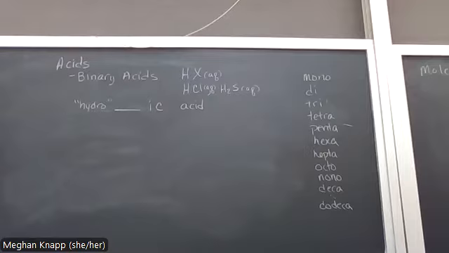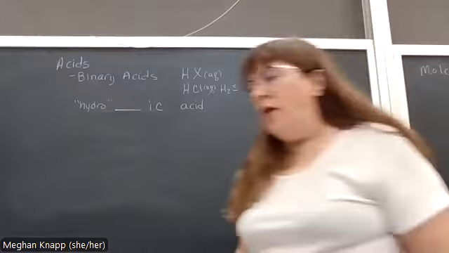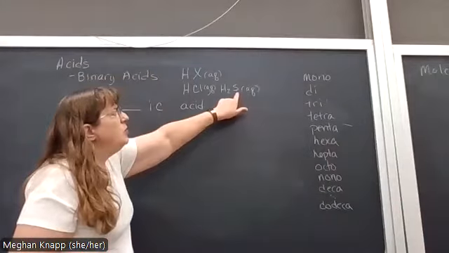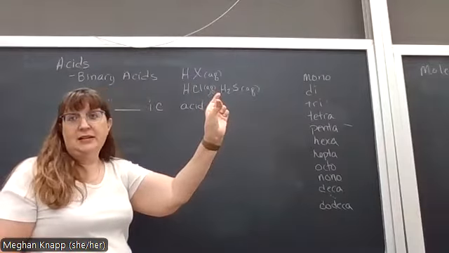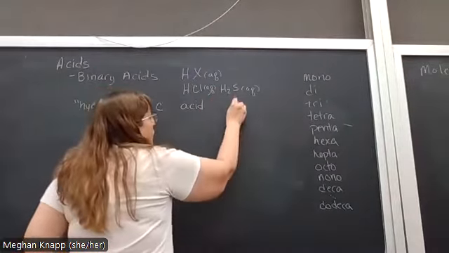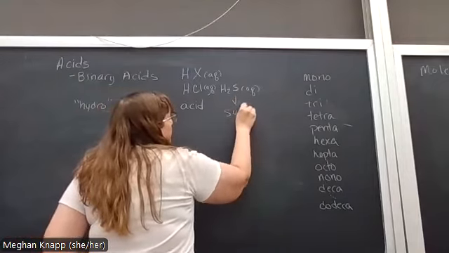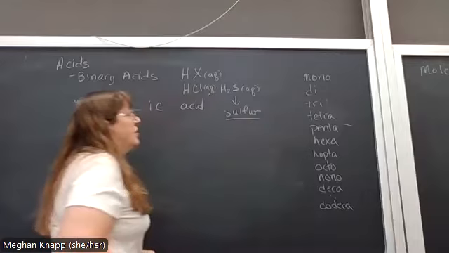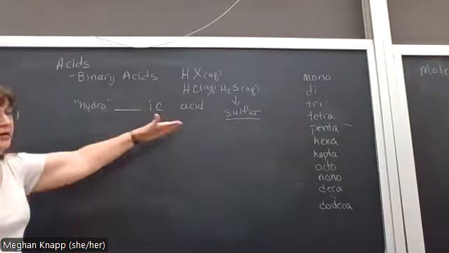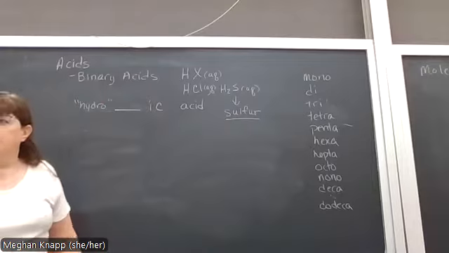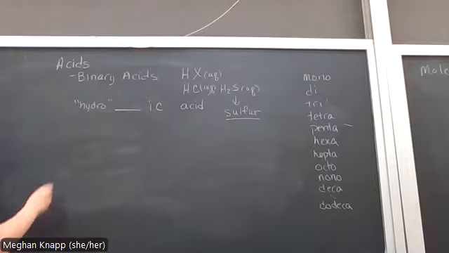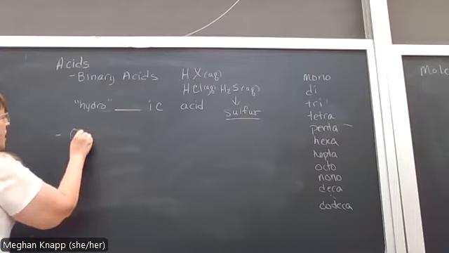So HF would be hydrofluoric acid, okay? The one thing to pay attention to is that when we use sulfur anywhere else, we just use sulf and then add an ending. But when it's an acid, we use the whole word. Okay, so it's not sulfic acid, it's sulfuric acid. Okay, we're going to see something similar with phosphorus. We don't generally have binary acids with phosphorus in it, but when we get the oxo acids here, we'll see that too. So oxo acids